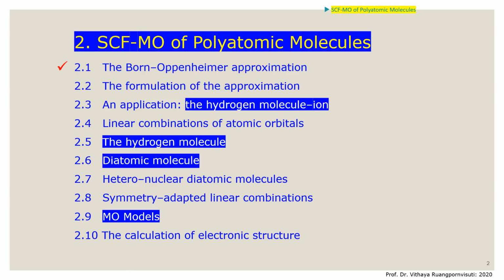The first subtopic is the approximation called the Born-Oppenheimer approximation. This approximation is due to the kinetic energy of the electron being much larger than that of the nucleus, because their sizes are really different. The second subtopic is the formulation of the Born-Oppenheimer approximation. The third is an application